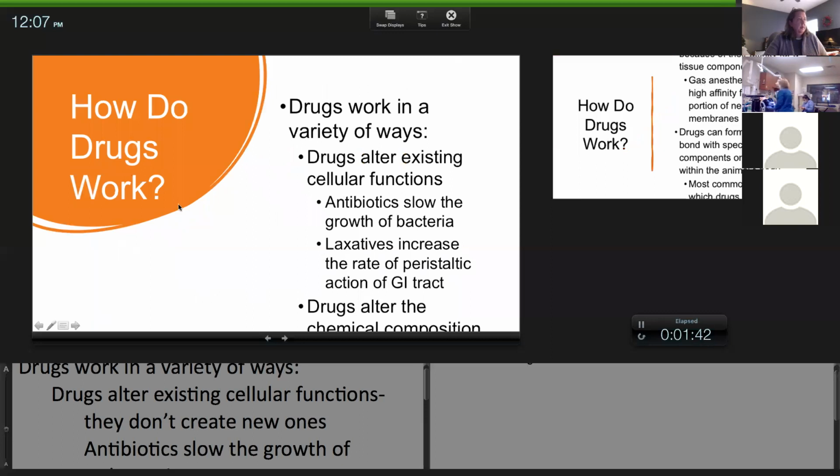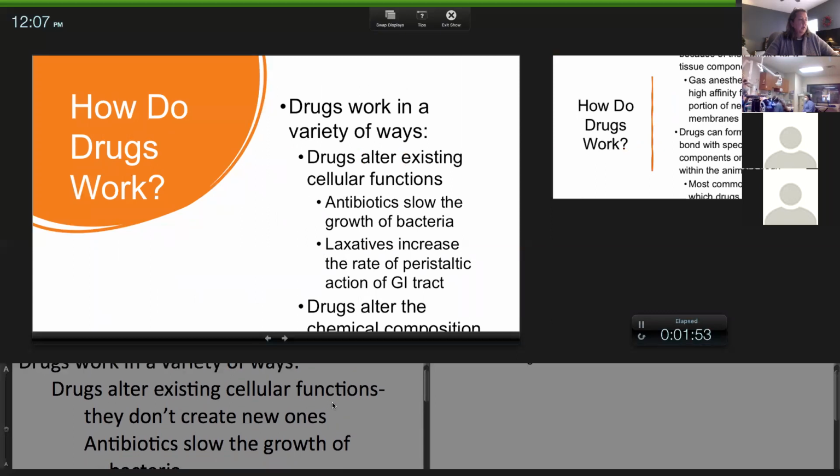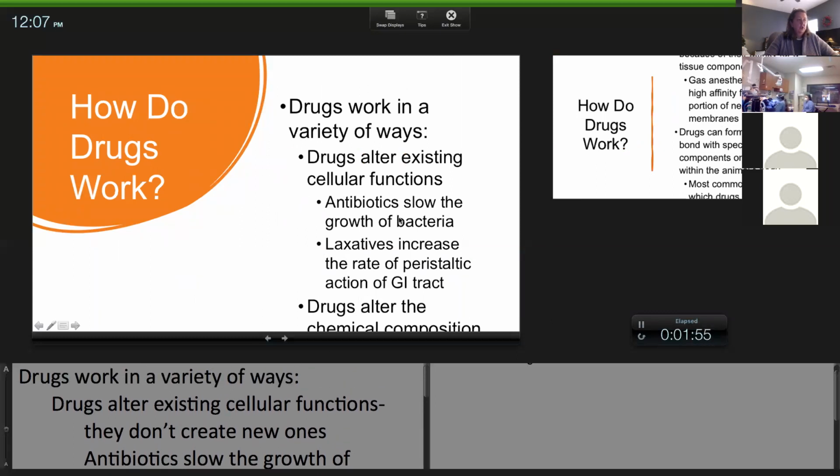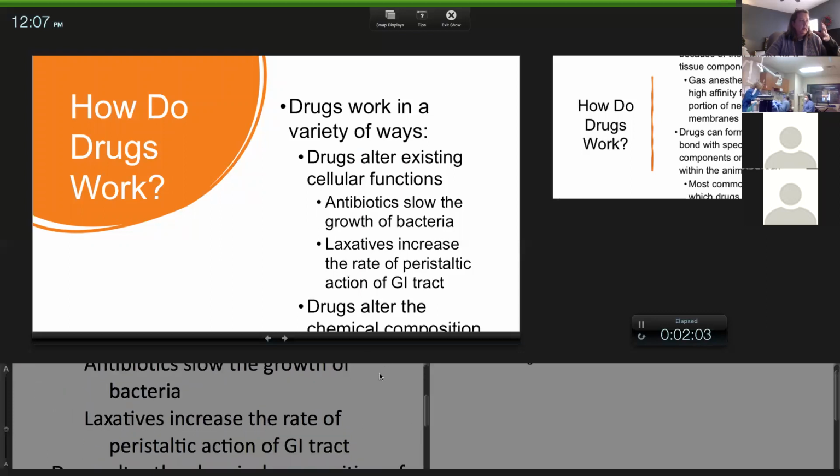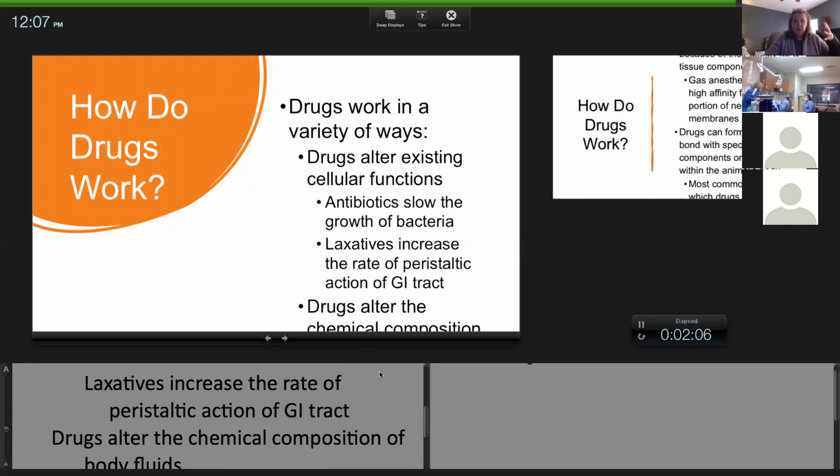Okay. So how they work is their effect on cellular functions at their target tissue. Like if we're talking about antibiotics, which are working to slow the growth of bacteria. If we're talking about laxatives, they're increasing the peristaltic action. So when you give a laxative, the target tissue, obviously the intestine, what is the goal? Increase motility. Antibiotics, to minimize the growth of bacteria, actually prevent an overgrowth,